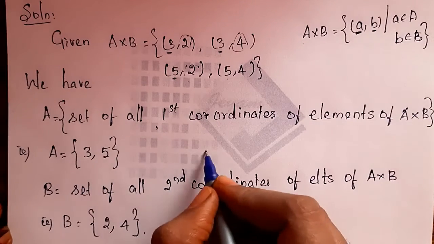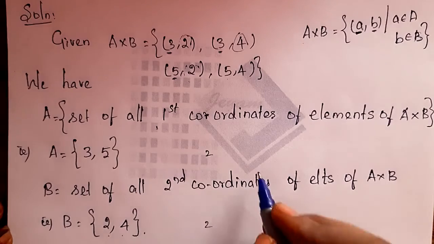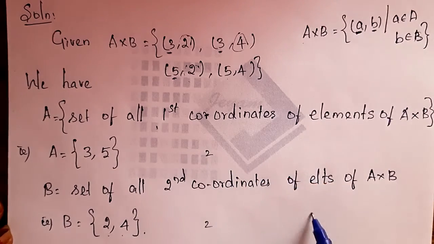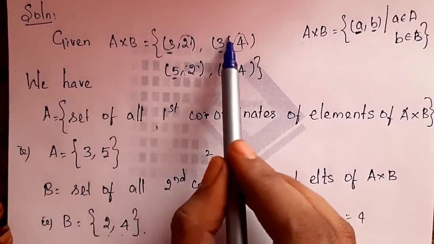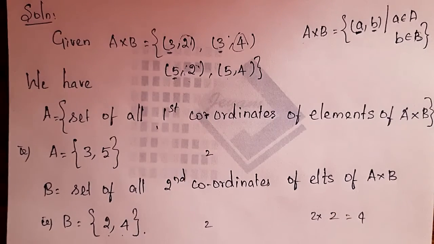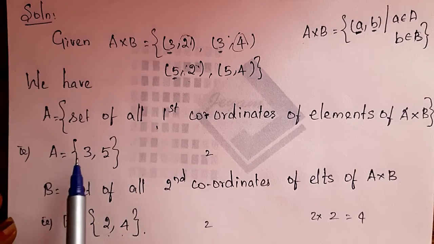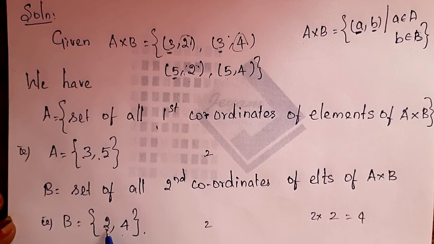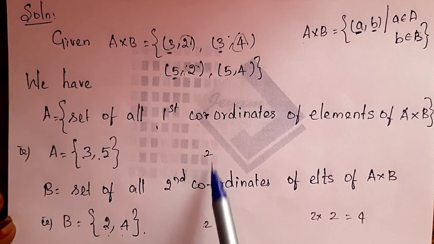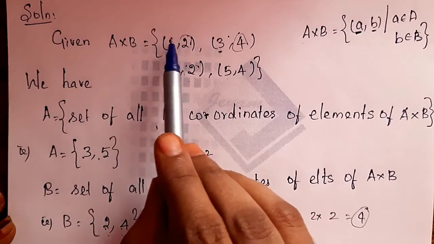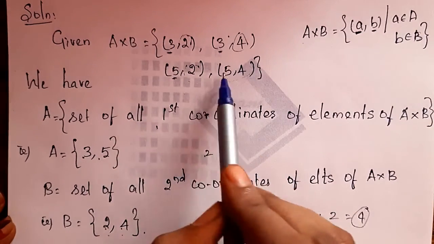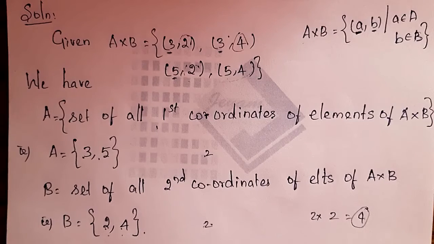Here the number of elements is 2. Here the number of elements is 2. So when you multiply that, what do we get? 2 into 2 is 4. How many elements are in here? 1, 2, 3, 4. Just check it. One more time I told you how to check it. How many elements in A? 2 elements. How many elements in B? 2 elements. Just multiply it. You get 4. Then count the elements in A cross B. 1, 2, 3, 4 elements. So your answer is correct. You didn't miss any other number. Okay.